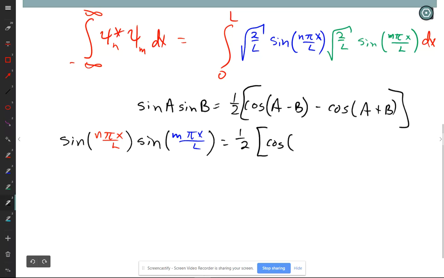So A minus B, everything has a pi x over L in it, and so I'm just going to put n minus m. So there's the subtractive part. And then the additive part is going to be